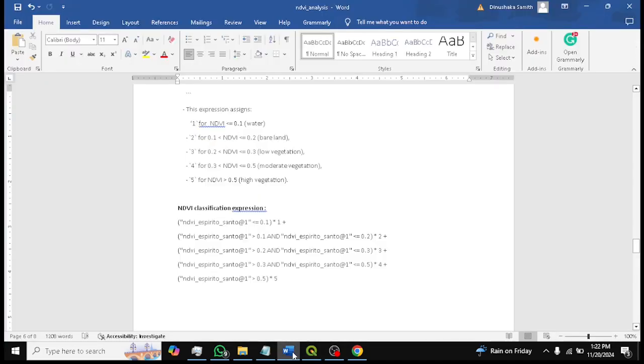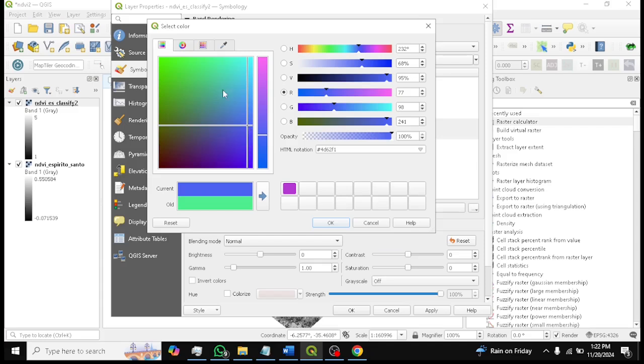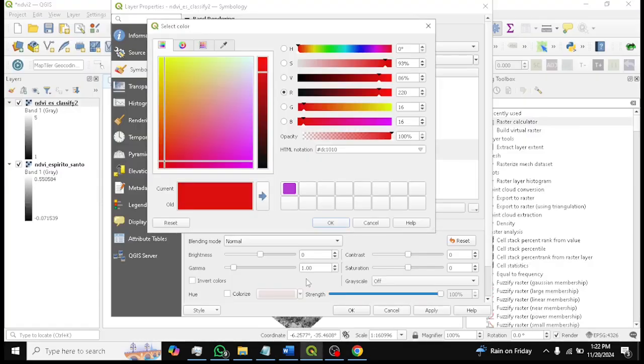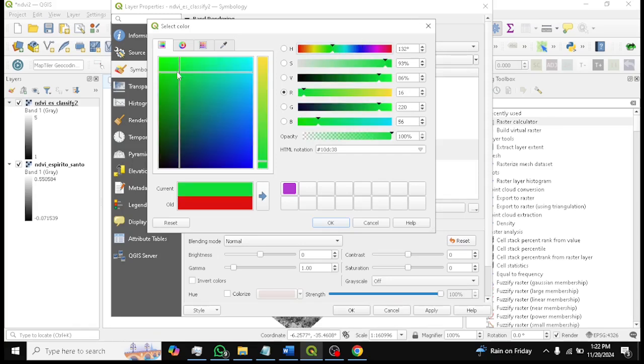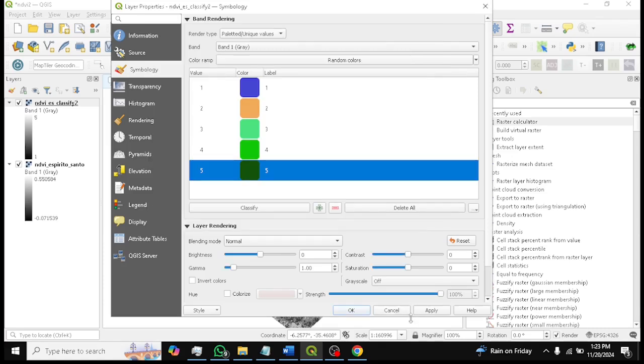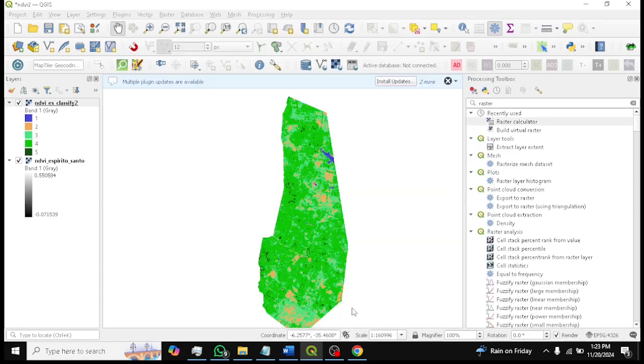And the next one is low vegetation. It's green but not too bright green, I think. This is okay. So the 4th one is the moderate vegetation. It's also green but not too much green, and this is okay. And 5 is high vegetation, so go to more green and okay, and go to apply, and you can see